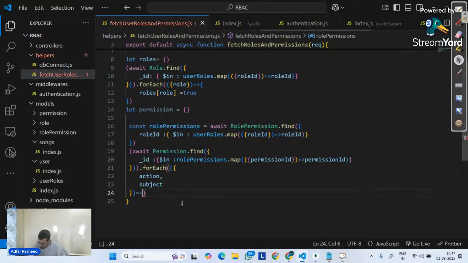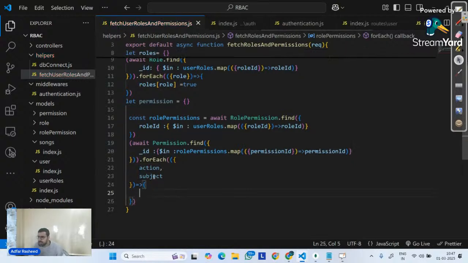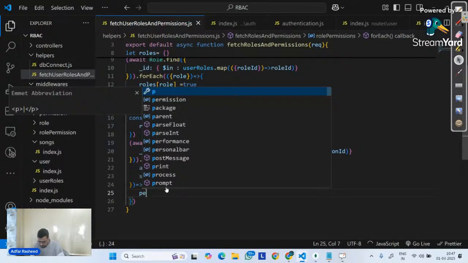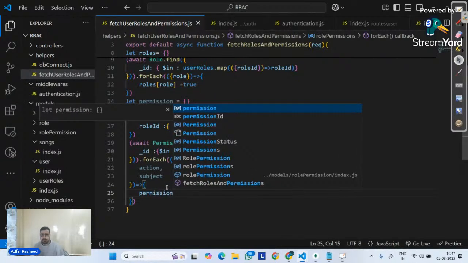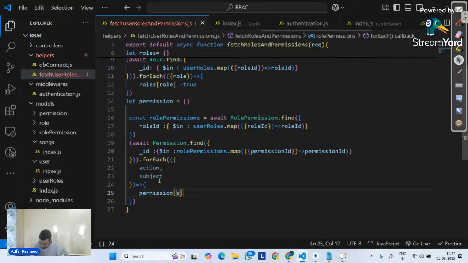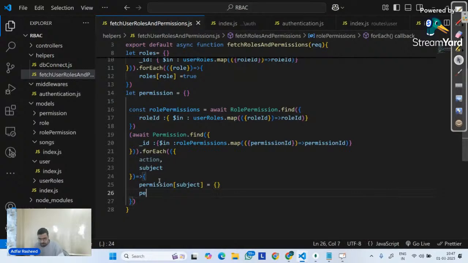Done. And from here, where you have extracted each action and subject, you will simply return. What are you going to return? First of all, in the permission object, create a subject. Create a subject, and inside that subject, make it empty. Then inside that permission,